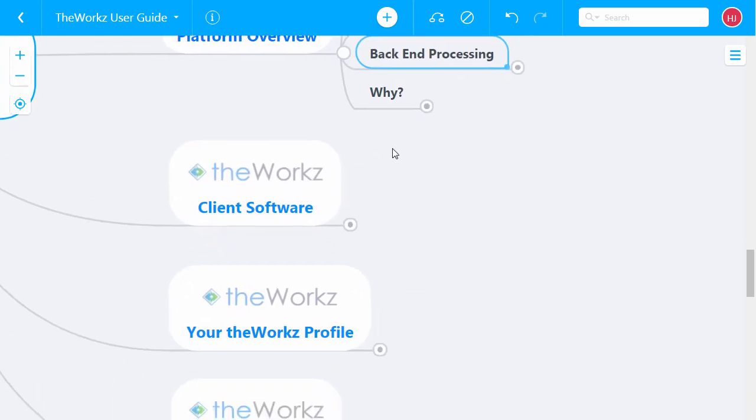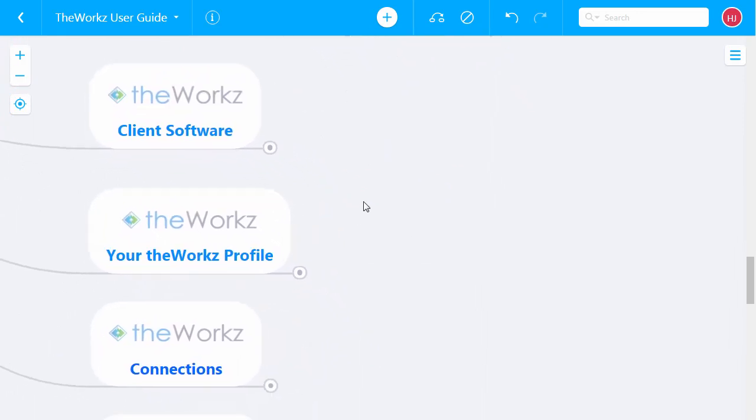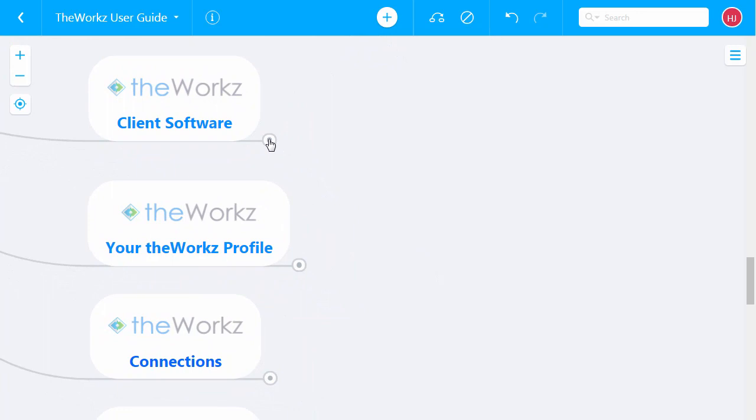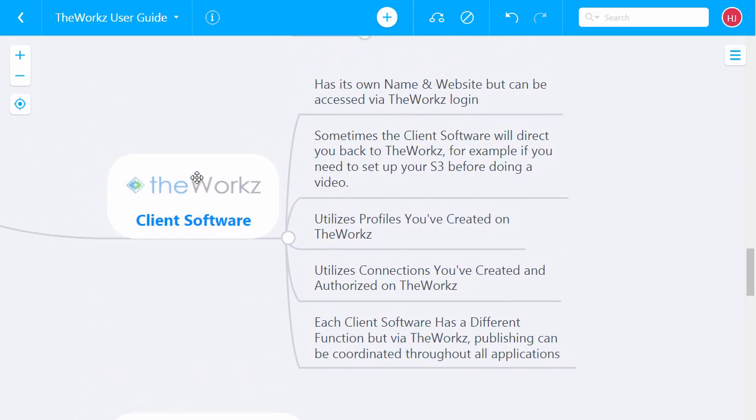Let's talk a little bit about the client software now. I've been talking about TheWorkz, but the software that integrates with TheWorkz, we think of as what we call a thin client. In other words, a lot of the main processing power is on the back end in the TheWorkz platform, but the software that you'll use is a front end client to the back end.